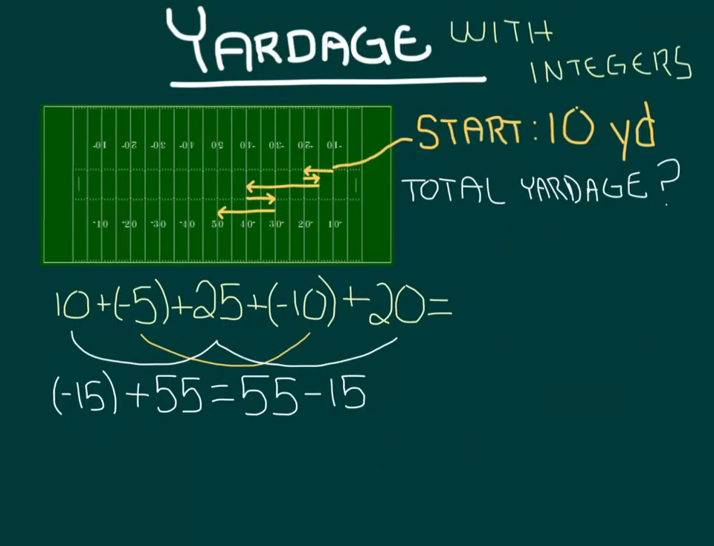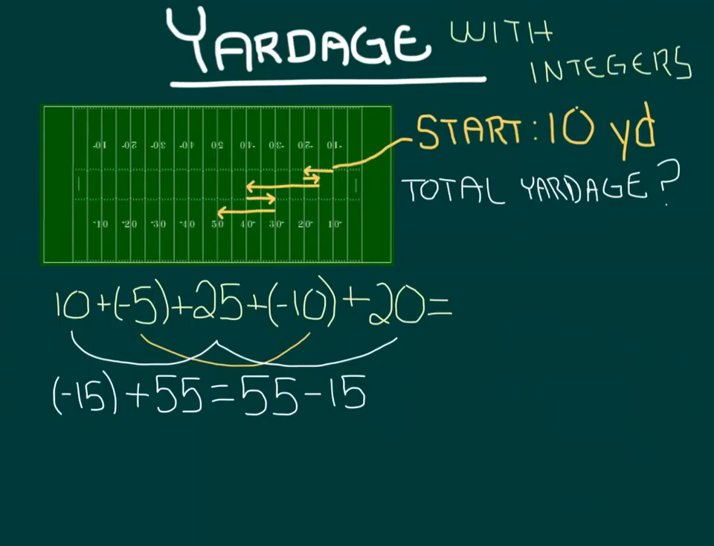Yardage with integers. So students are running sprints in PE class. They start on the 10-yard line, then they run 10 yards, and then back 5. Then they run 25 yards, and then back 10. And then finally they run 20 yards. To find the total yardage that they have run with integers, you do 10 plus -5 plus 25 plus -10